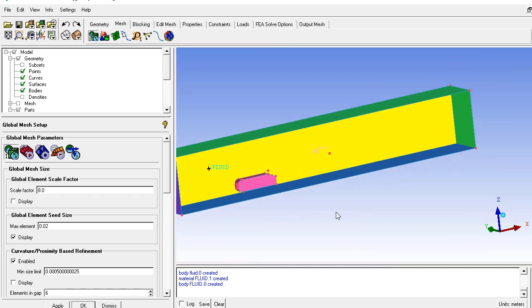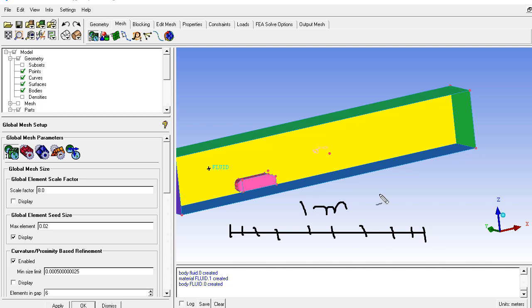The formula for the scale factor and the element size is this. Let's say one line has a length of 1 meter, the dimension of the whole line. If you want to create 10 nodes, 1, 2, 3, 4, 5, 6, 7, 8, 9, 10, it means you are going to create 9 divisions on this line.